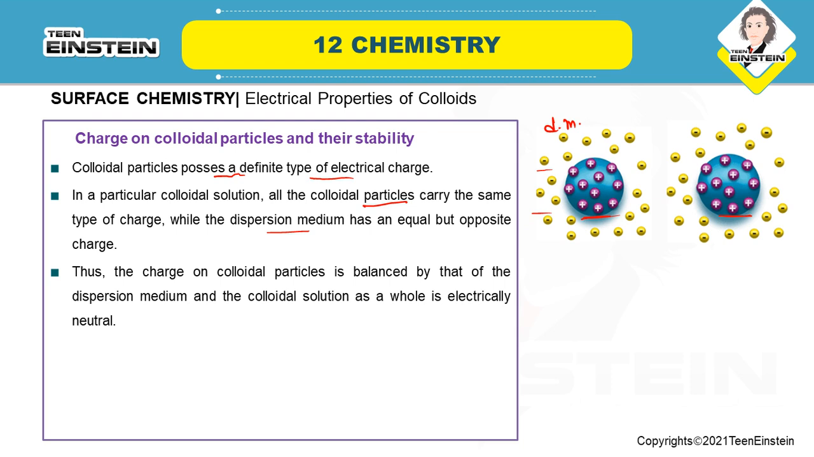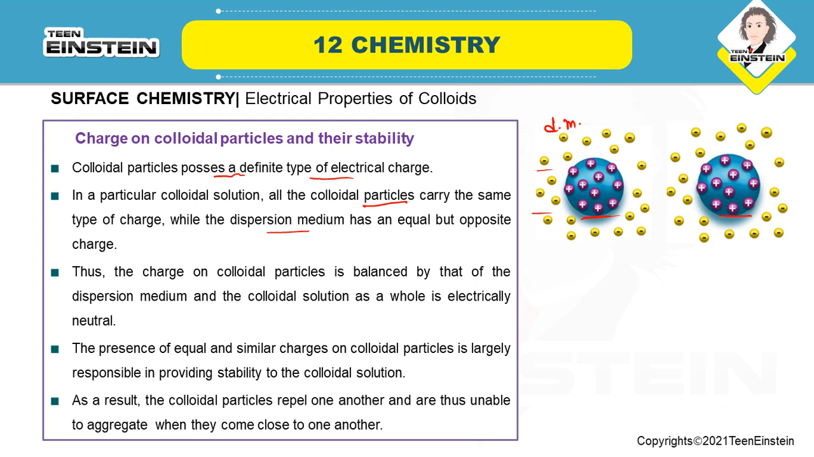So as we have equal and opposite charge, the charge on the colloidal particles will ultimately be balanced. That is, it will be electrically neutral as a whole, because in the dispersion medium there is opposite charge, and it will be vice versa. That is, if there is negative charge on the colloidal particle, there will be positive charge in the dispersion medium. The presence of this type of similar charges on colloidal particles is actually responsible for providing stability